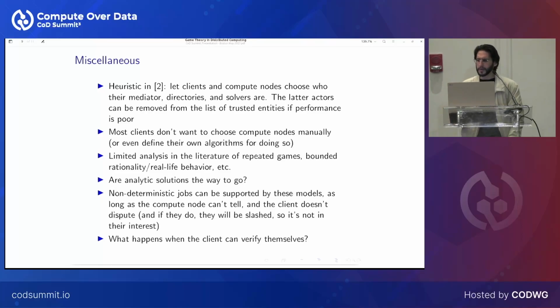So most clients don't really want to choose their compute nodes manually, or even define their own algorithms for doing so, right? If you're thinking about how a client might use AWS or Azure or GCP, they are not choosing from amongst a list of machines that all have different prices. I mean, there are different tiering options and so on, but within those tiers, that's totally homogeneous. Your options are totally